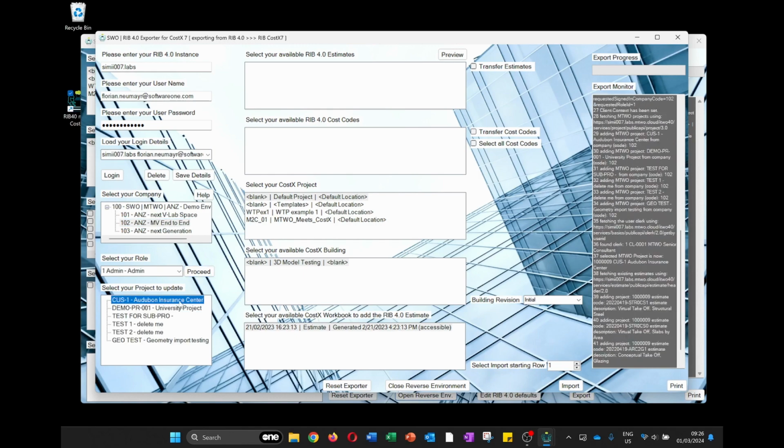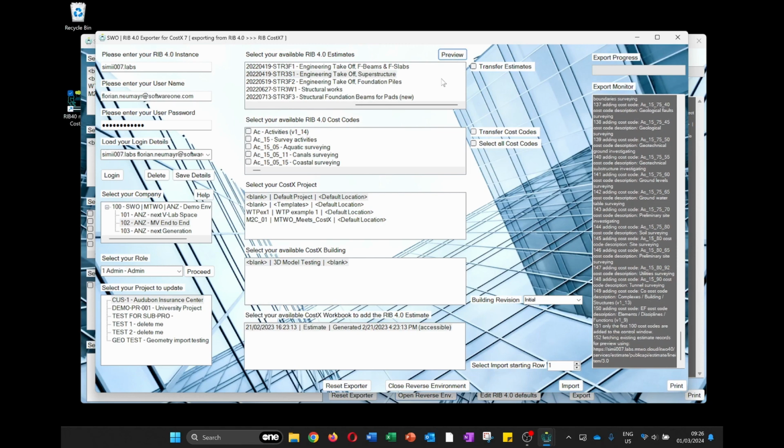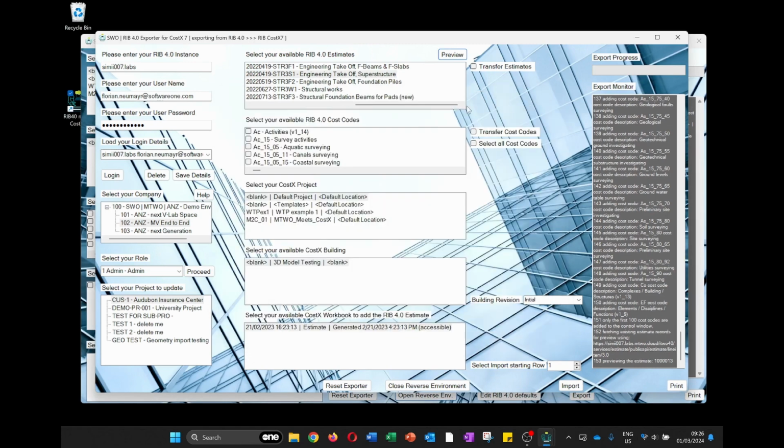We will see we have a few available, but as an example here, if you wanted to have a bit of a tiny preview in case we wanted to look at what it actually is. And when we have this, we can then transfer this estimator, also including some cost libraries, if there's a default library attached